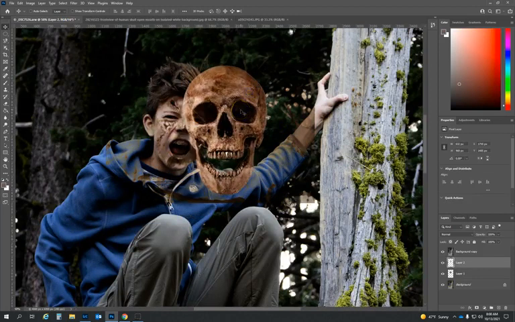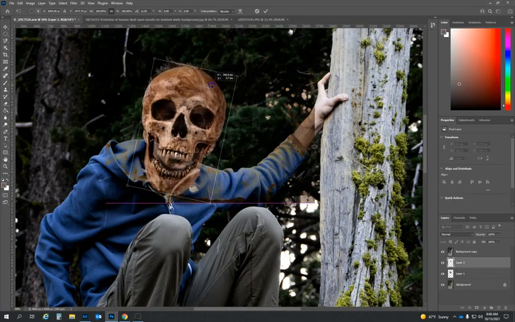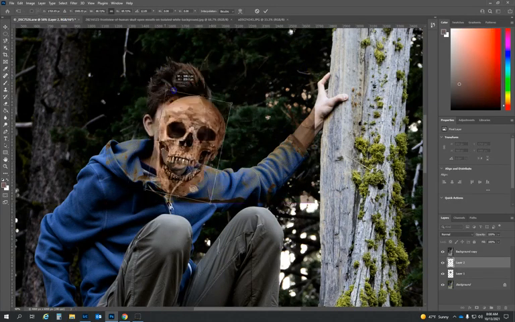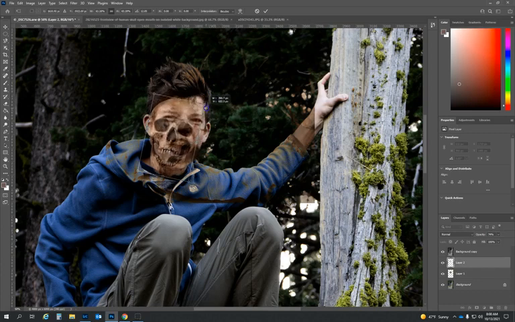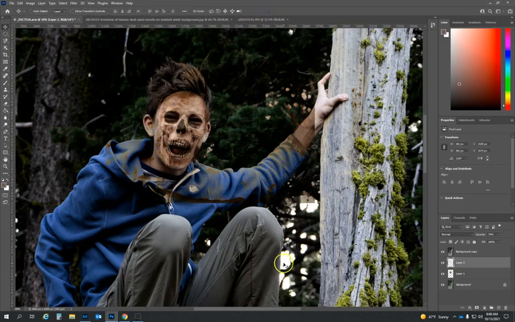I'm going to do the same thing with the skull, Control T. This way I can rotate it, kind of match his head a little bit better, and then I can make it smaller. I want to try to line up the eyes. I can decrease opacity so I can kind of see through, so that I'm kind of matching up eyes and mouth. Looks like we need to go a little bit smaller. It's probably pretty good right about there. We'll go with that, and then check mark to put it in place. Boost up my opacity again,